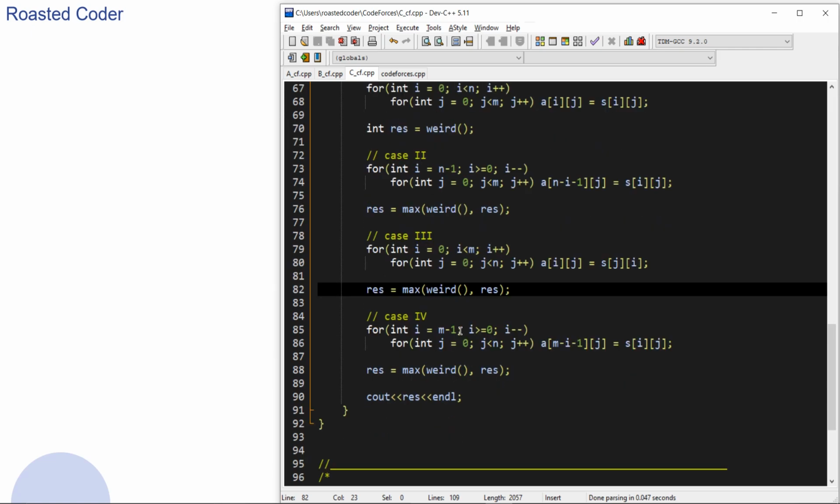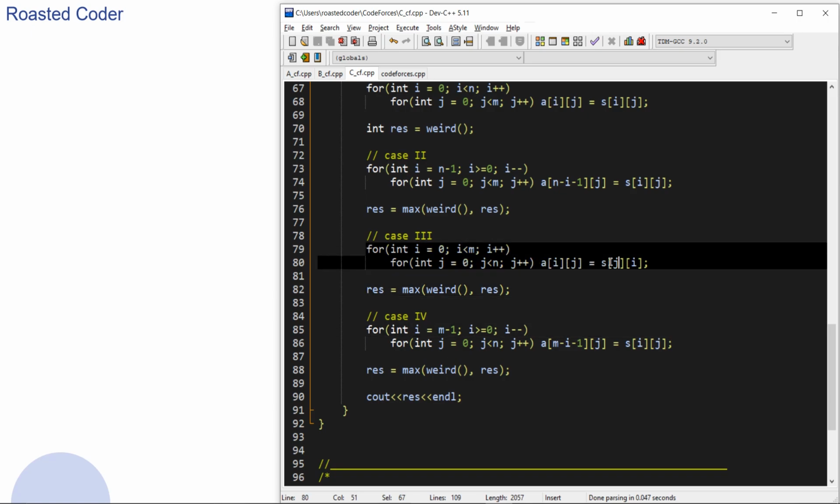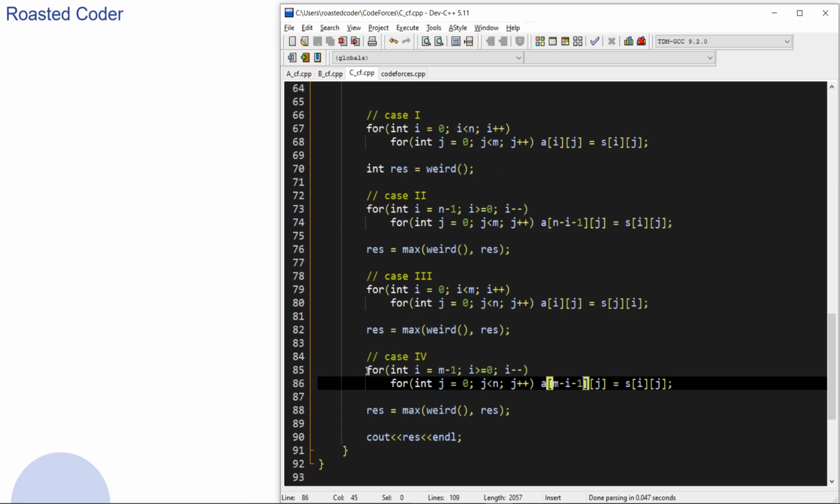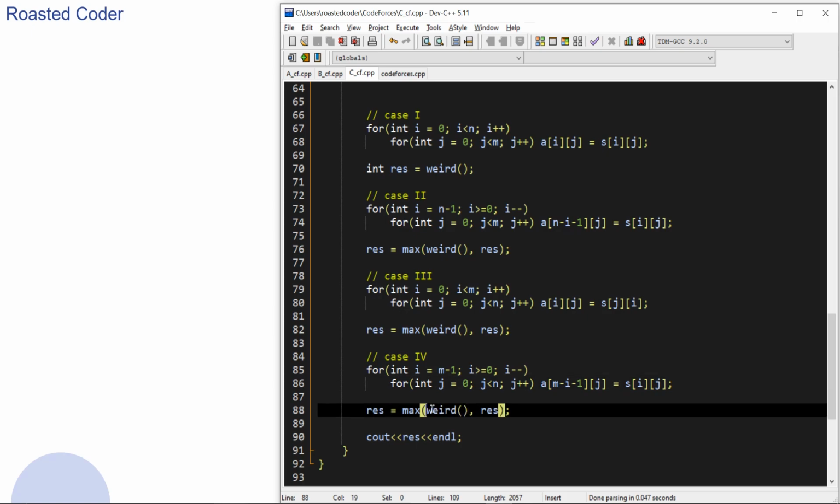And for case 4 we are again taking the transpose and reversing the rows, that is if i is 0 then this will become m minus 1. And I think this is the easier part. This is just the transpose of the matrix, and this is also a transpose, but we have reversed the rows of the transposed matrix, and we have calculated the maximum result for right borders, and again updating result and printing